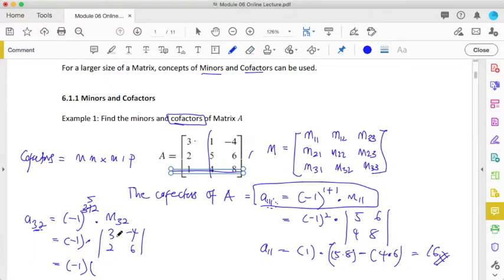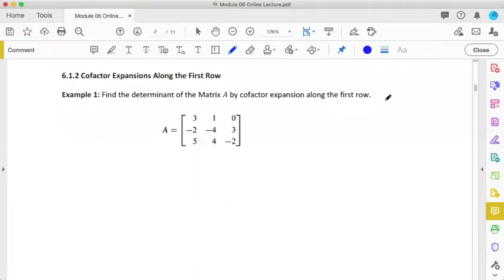Okay, so 3 times 2 minus -4 times 6. So if you calculate that and multiply with -1, you get -26. So this is the coefficient of A32. With the concept of cofactors, we can use these concepts to find the determinant of matrix